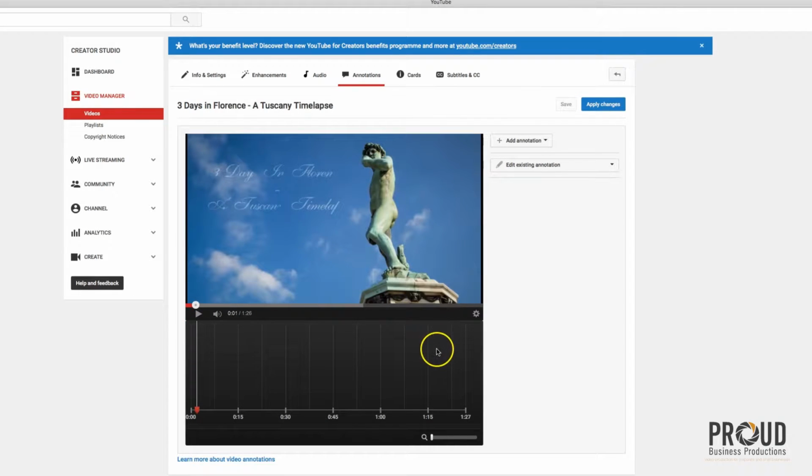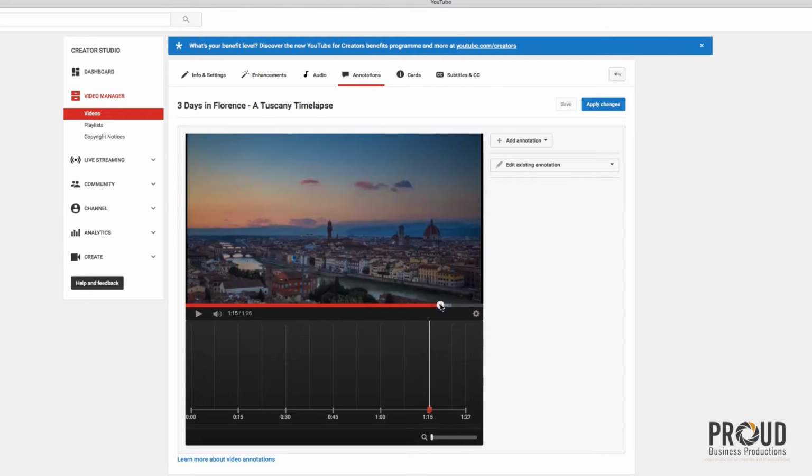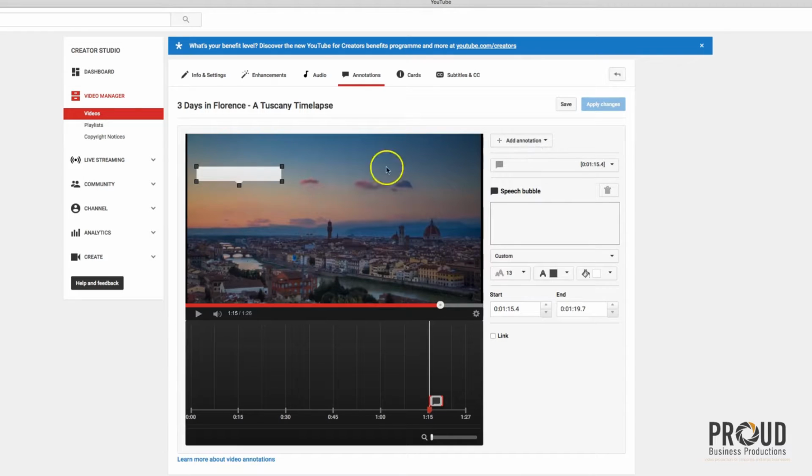I want the annotation towards the end of the video, just as it's beginning to wrap up. So I'll go there. And next you have the add annotation button. If I click on this, it brings up 5 different types of annotation. The first one is a speech bubble, and as you can see, it's got the little arrow here. If you're talking about a link in your video but you haven't got a visual cue on screen, you could use a speech bubble as a way of linking to the external content. Might be a little bit cheesy though.